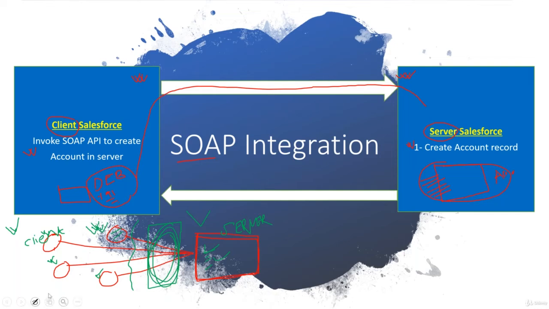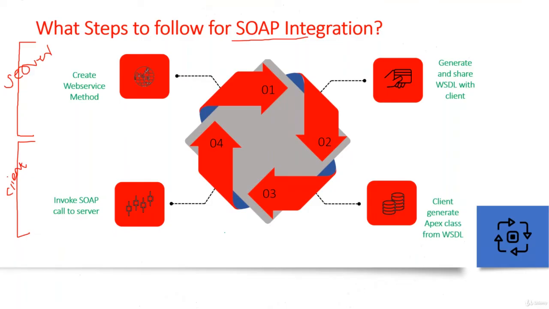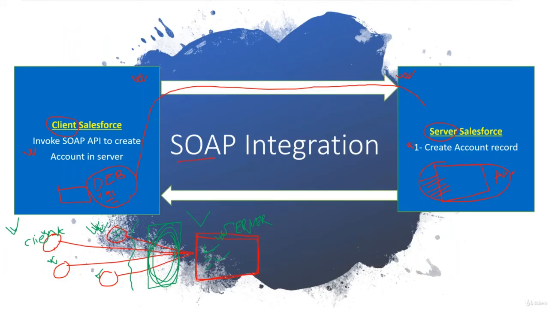Now they want to communicate between this Salesforce and this server Salesforce. So how can we do that? Okay, so now we defined there are two systems. One Salesforce system, nothing but your server, which you can say here, and another Salesforce system, which you can say client here. Now, in the server, I want to expose one web service so that my client can call it.